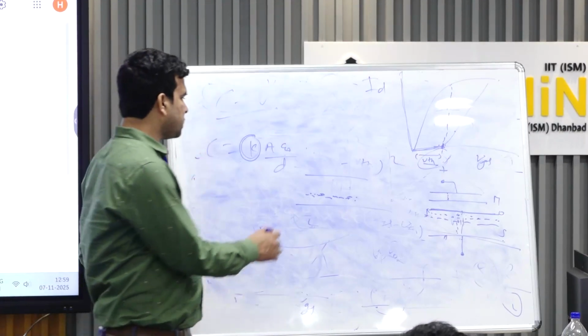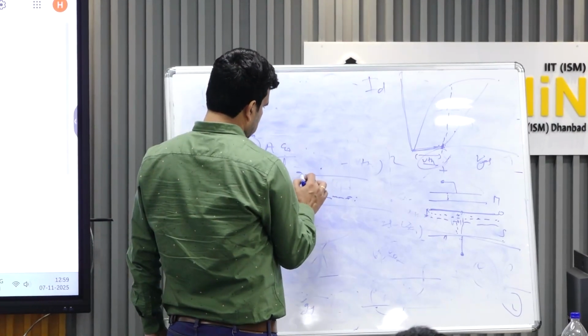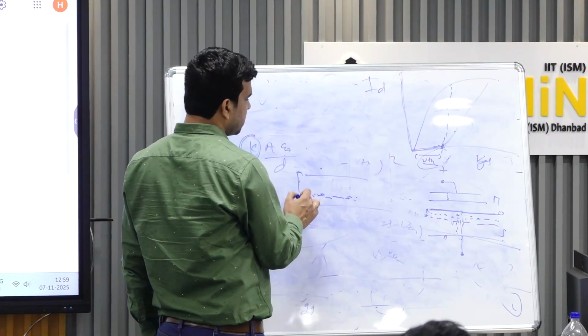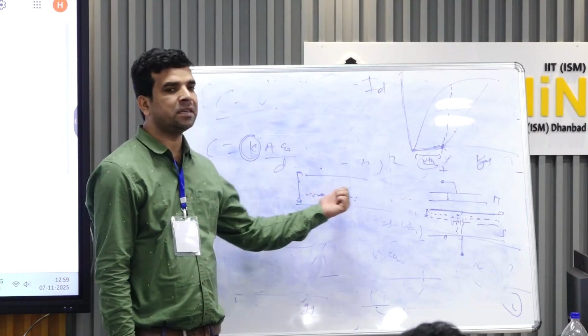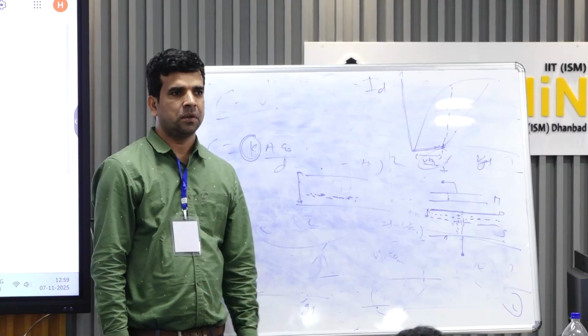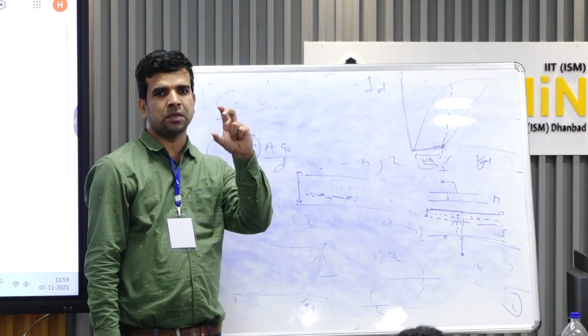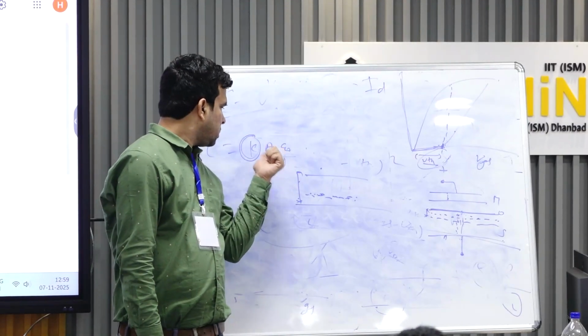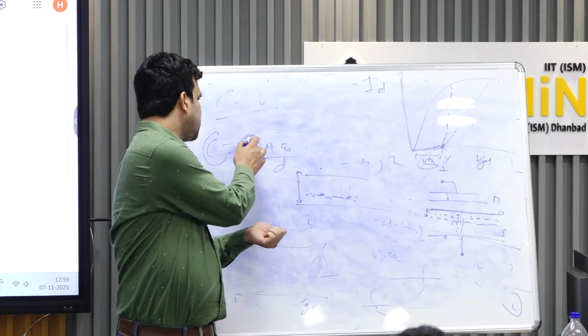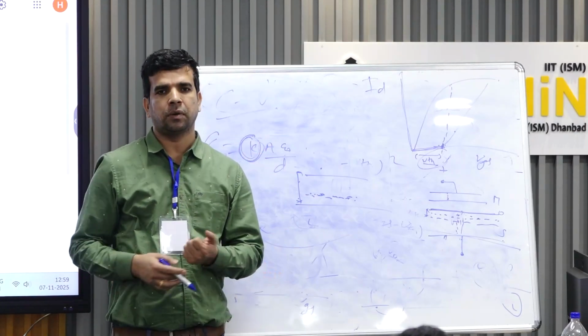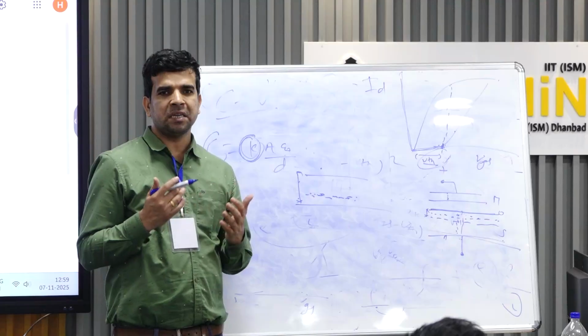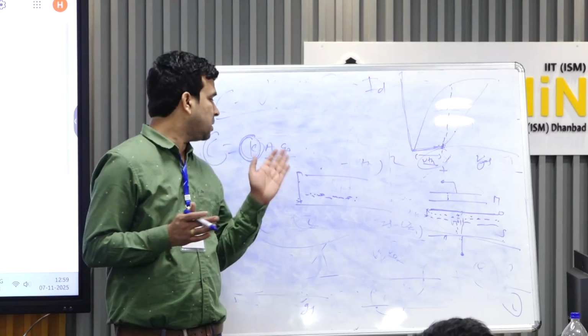You are assuming that your capacitance is this, but effectively it's not getting this because you have certain mobile charge inside that will disturb your capacitance. So by measuring the capacitance, you can find out how much impurity is inside this region. So using a standard CV method, there are certain advanced methods using which you can find out the trap charge and other things also,